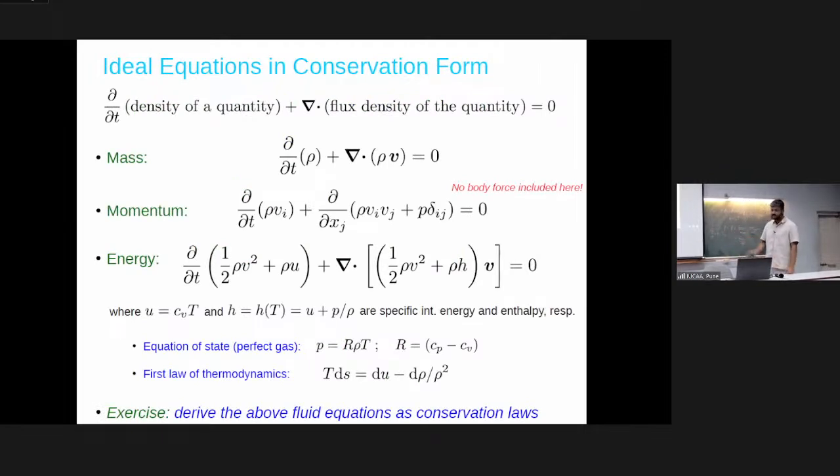The difficult part is the energy equation. If you are really interested, then you look up Landau equations. Notice that here is internal energy U, which is Cv times T. Here it's enthalpy, which is U plus p by rho. You know it's enthalpy also? So try to convince yourself why you are getting enthalpy here.